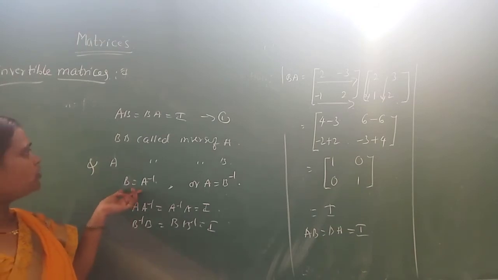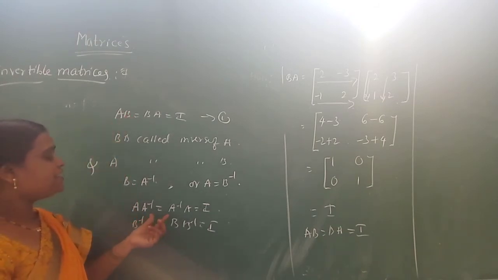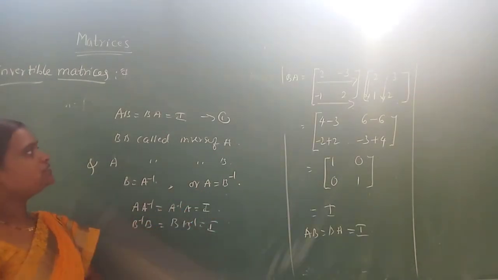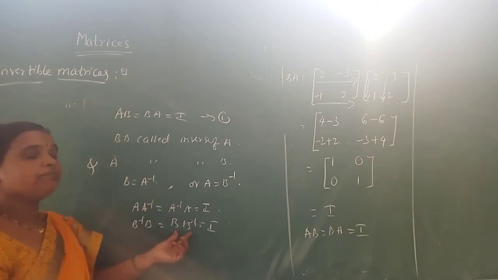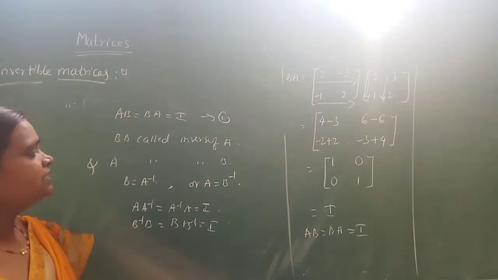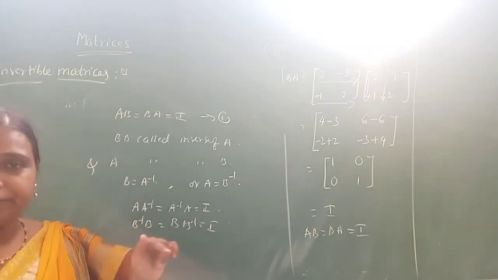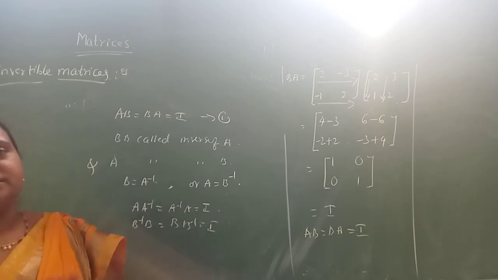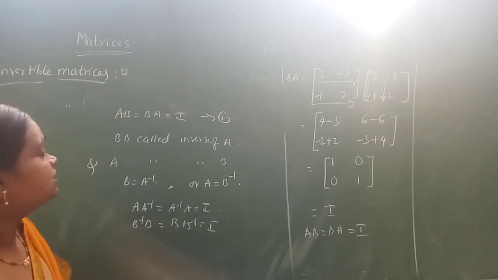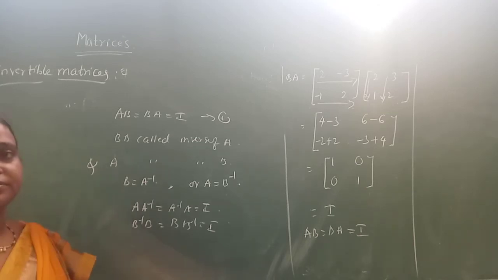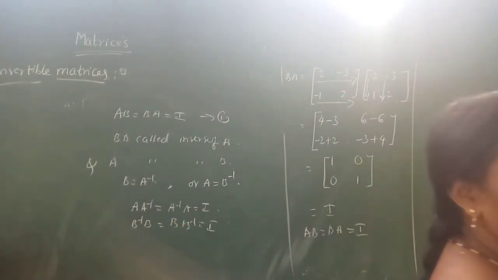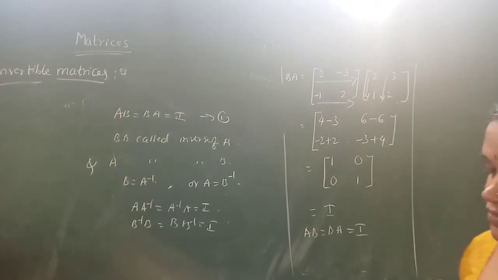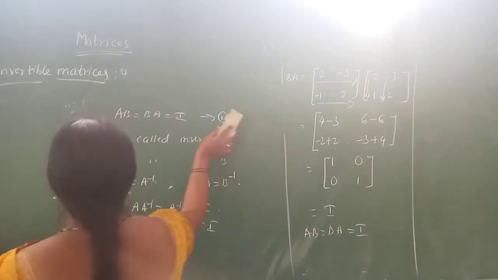If you put B equal to A inverse in equation 1, we get A inverse A is I. If we substitute A equal to B inverse, then you get B inverse B, BB inverse is I. Remember that A inverse A or BB inverse or CC inverse, always what it represents is I. That is more important. Only then we say that the invertible matrix exists. Next, based on that, I will take two theorems.